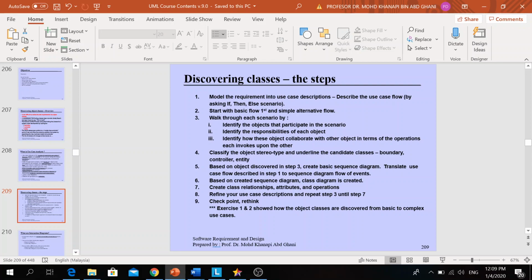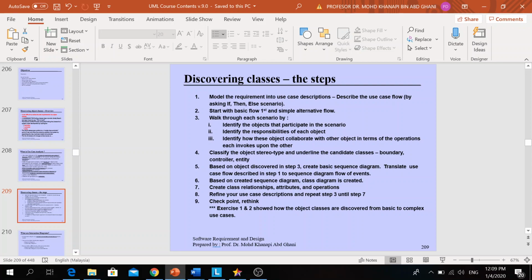If you don't want to underline, it's okay, you just mark it. Mark means you identify the class or object as a candidate. It's a candidate for you to use that object or class in your program in the next process.